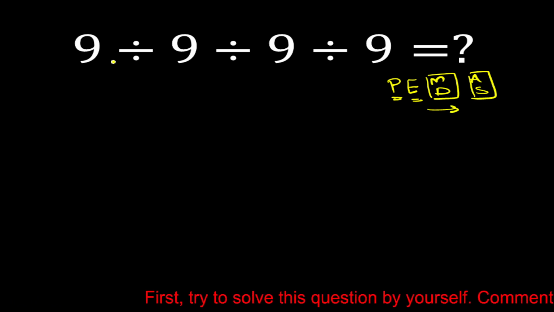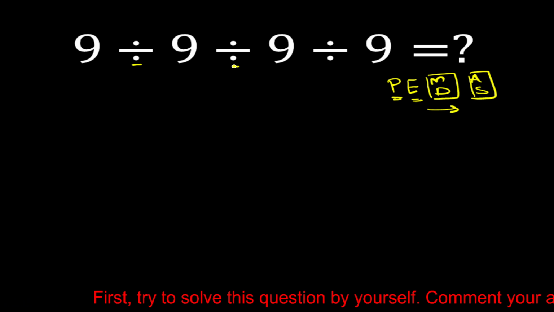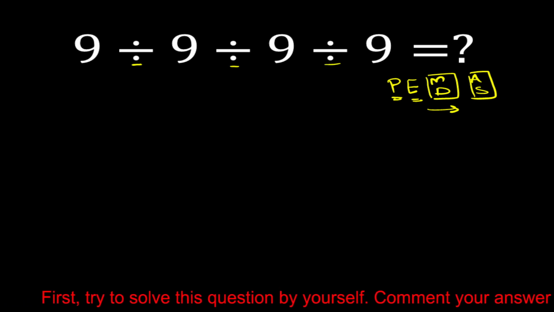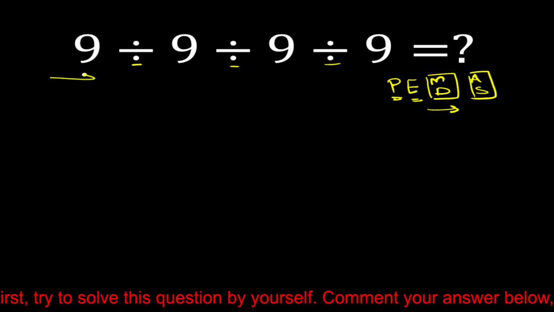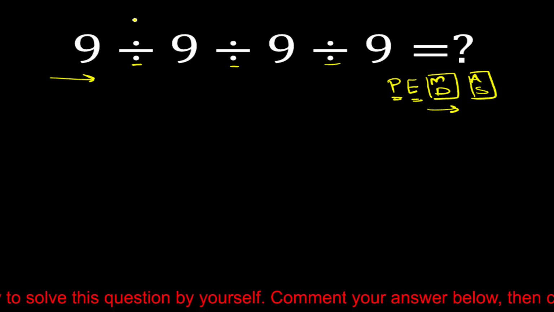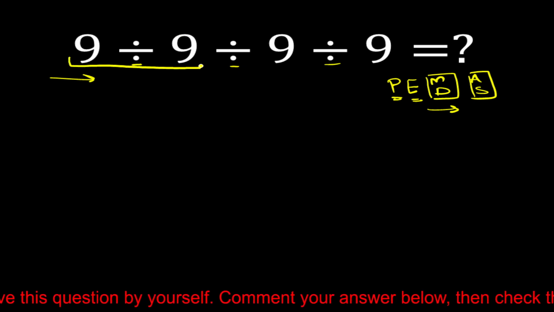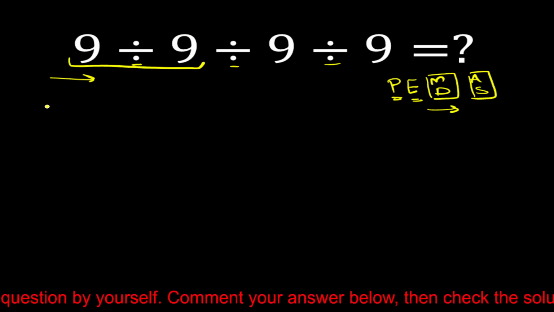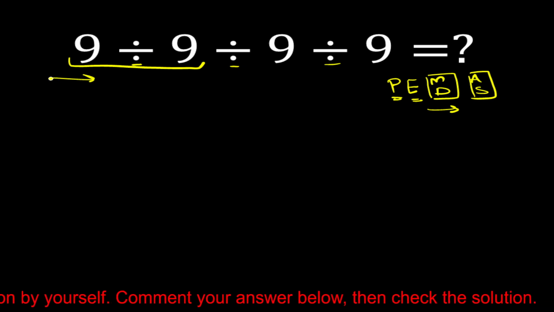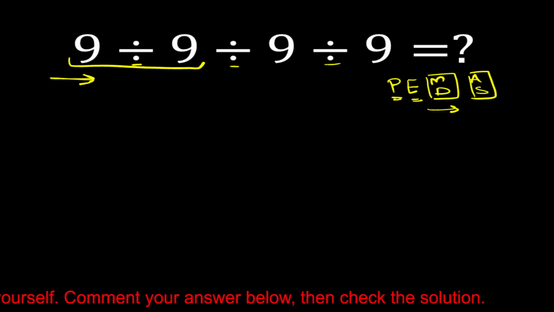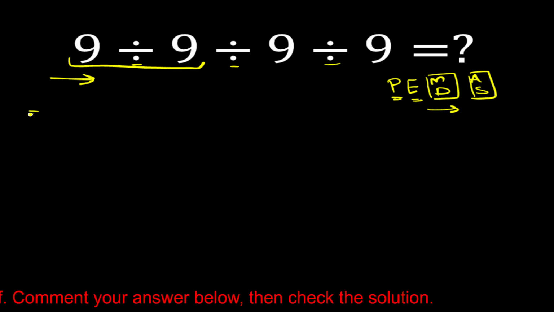So here is a division, here is a division, and also a division. Therefore, we have to solve it from left to right. Now 9 divide 9. First we have to solve this part because we have to move from left to right. 9 divided by 9 is equal to